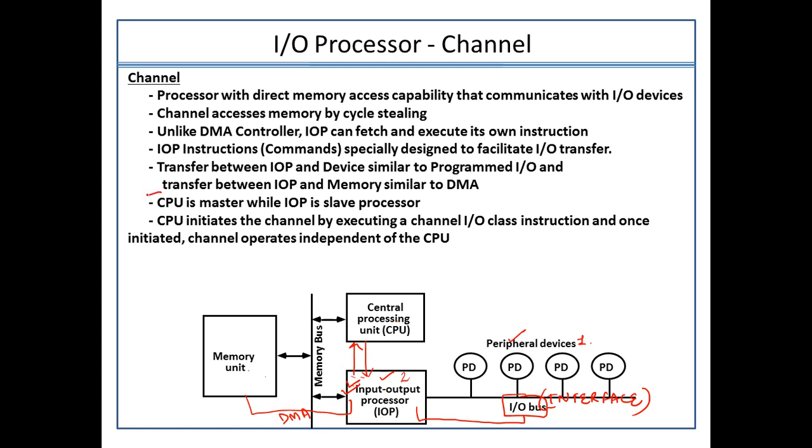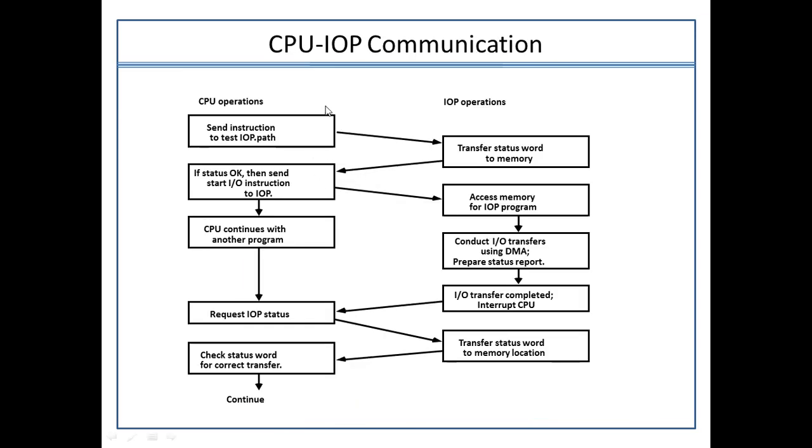So the important point again to ponder here is that the CPU is the master. This is the one who is the main controller or the manager of the entire execution operation. And the IOP devices simply act as a slave. So now let's proceed with understanding how the bus actually is taken. The memory bus is granted by the CPU to the IOP. This is basically done through serial communication. So serially they are communicating, one by one.